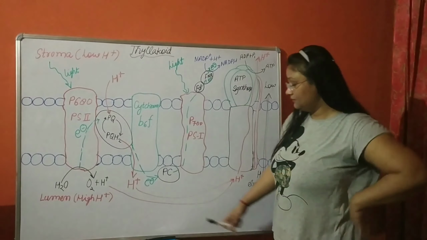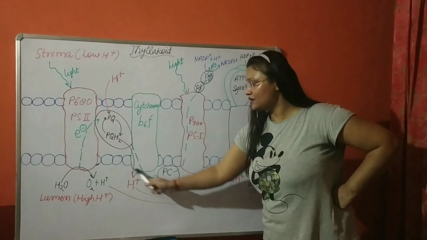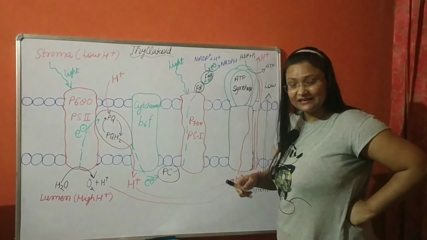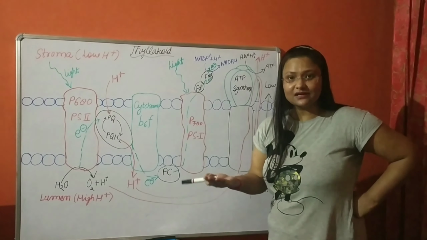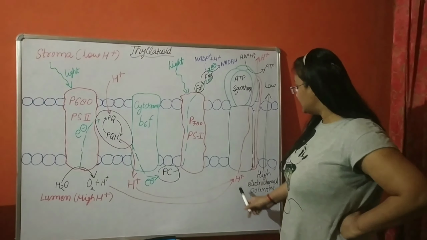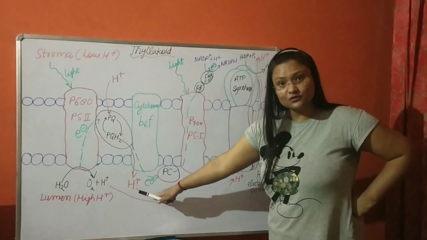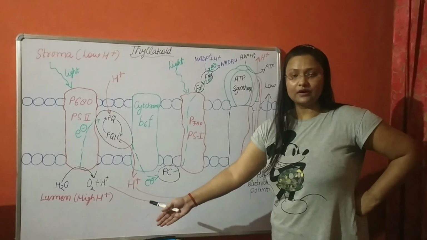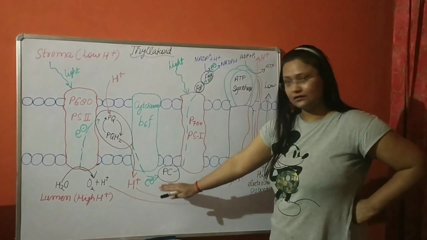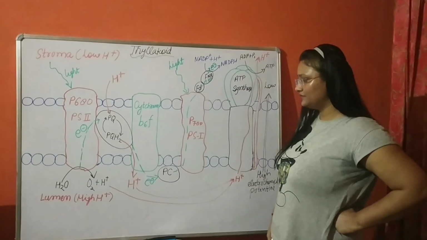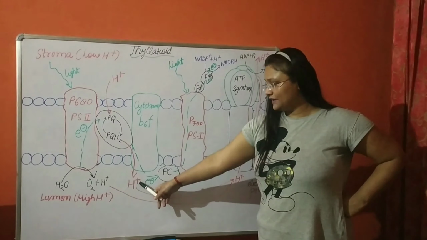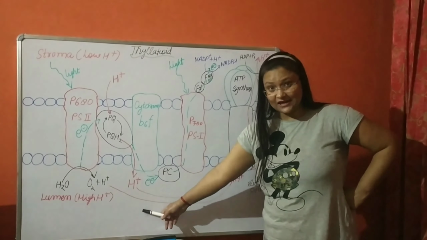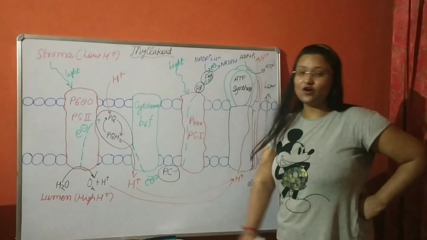Now, H plus will contribute to what? It will contribute to the chemical gradient because pH, like acid, is a chemical, right? But H plus also has a plus charge. So electrical, what electricity is, it is transfer of electron and proton or something like that. I don't want to go into that much depth. Because it has a plus charge and more plus charge is concentrated here now, it has an electrical component also.